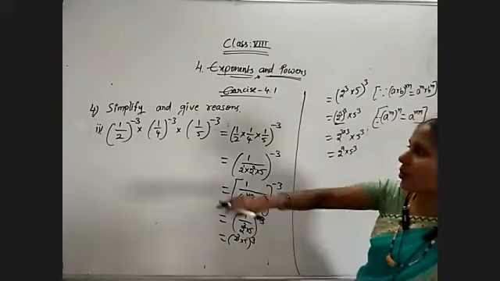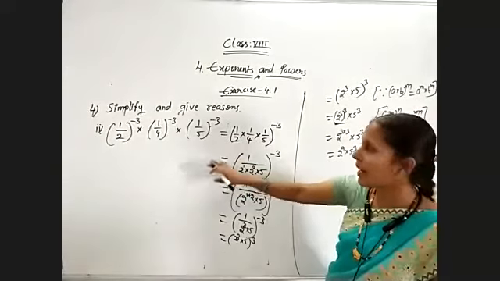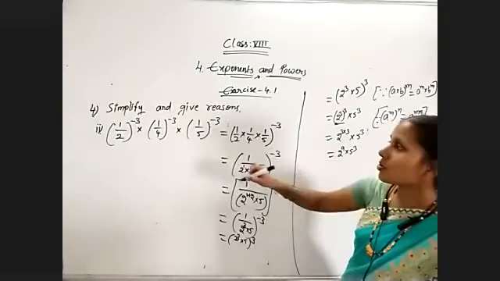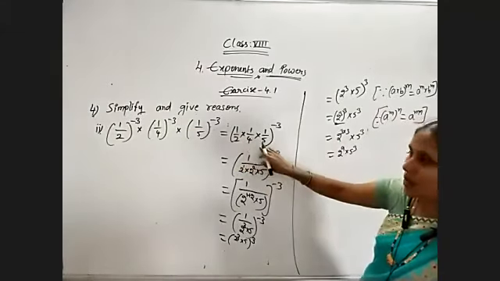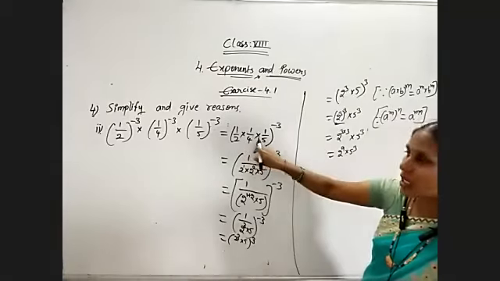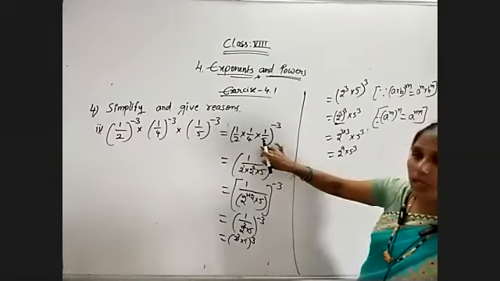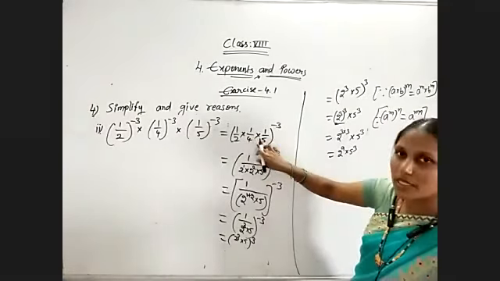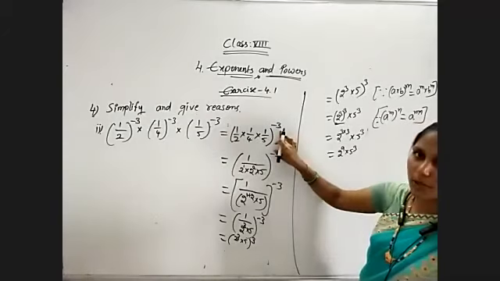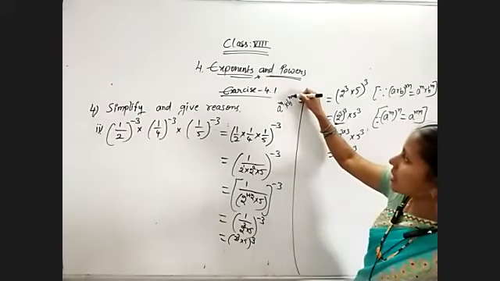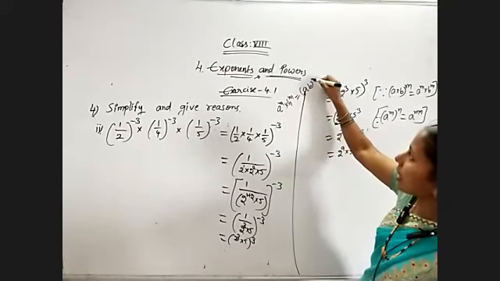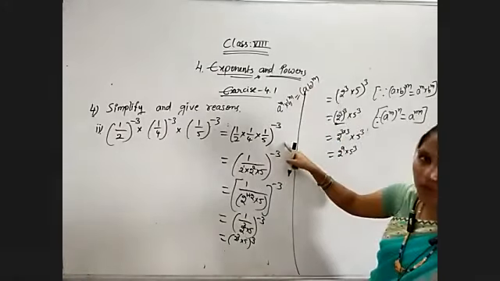Identify whether the exponents are the same or the bases are the same, and use the related formula. Here the exponents are the same, and the terms are separately given with a multiplication operation between them. So combine all the bases with multiplication and take only one of that exponent. That is, a power m into b power m is equal to (ab) whole power m. Here we have applied that formula.